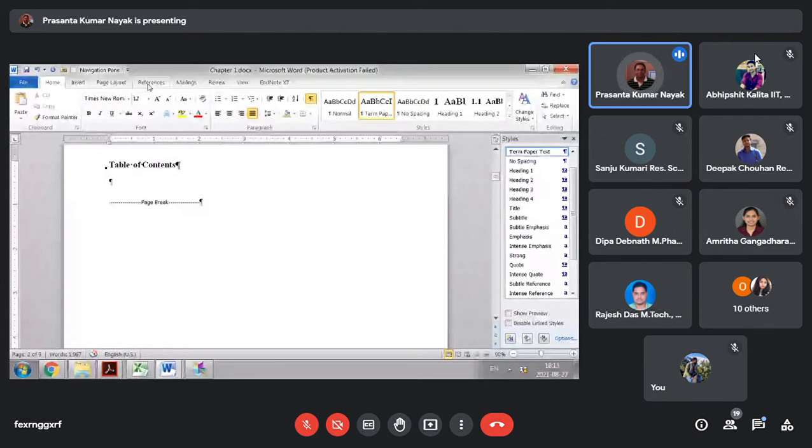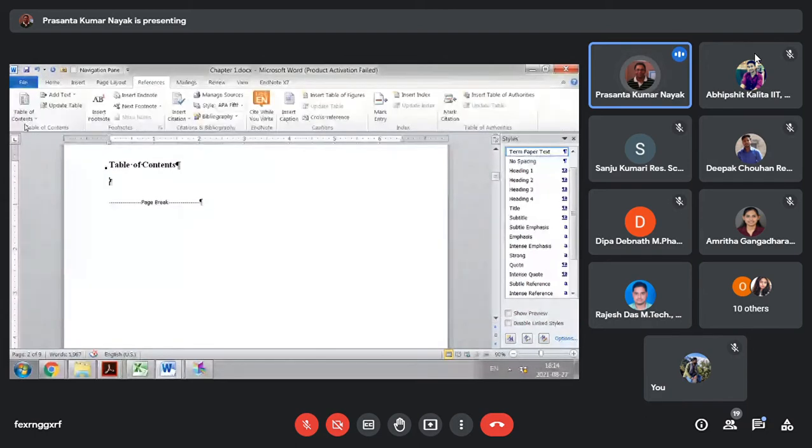First one is File, Home, Insert, Page Layout, and then References. If you click that, you will see at the top left the Table of Contents option.